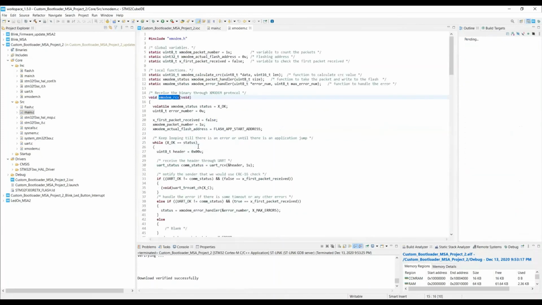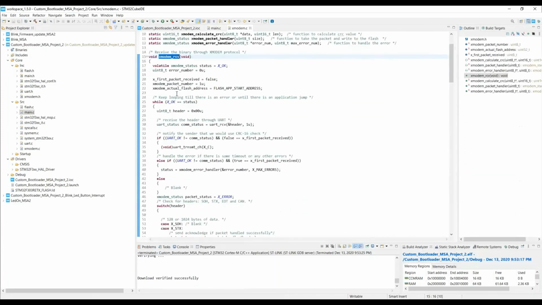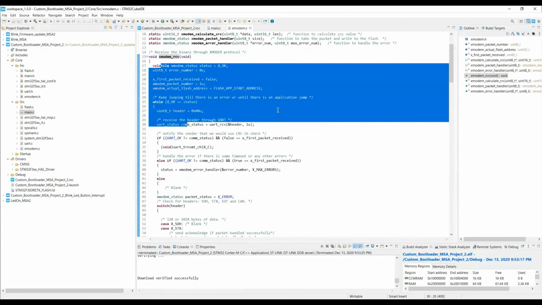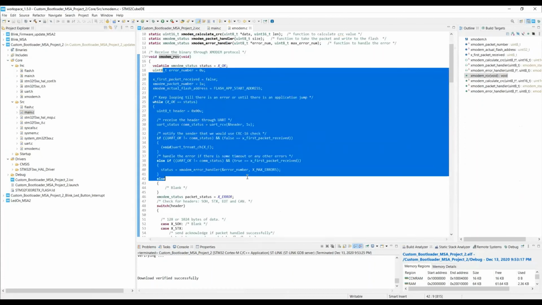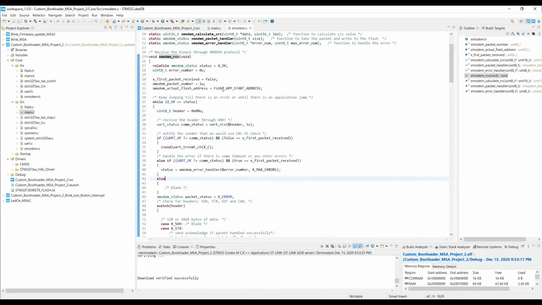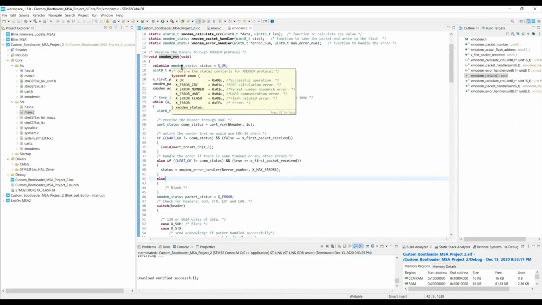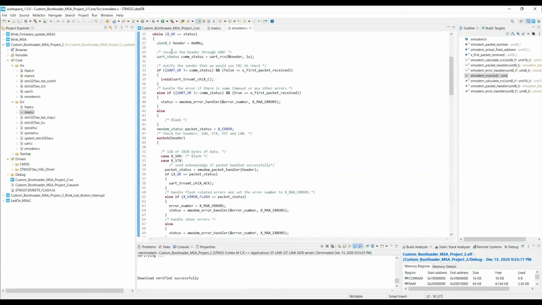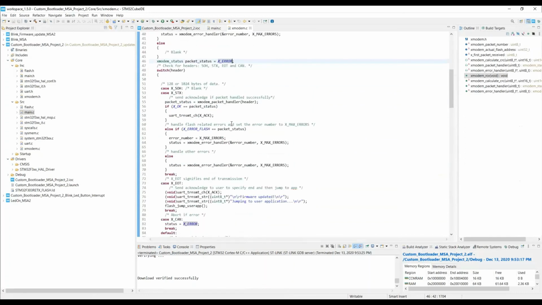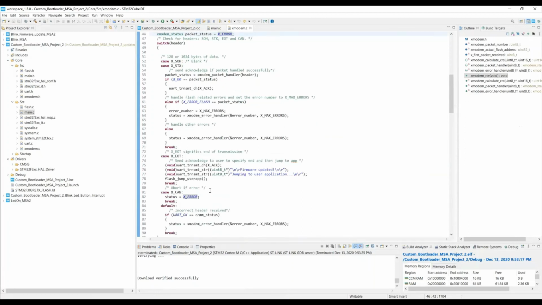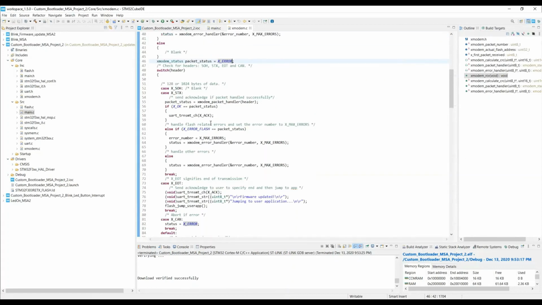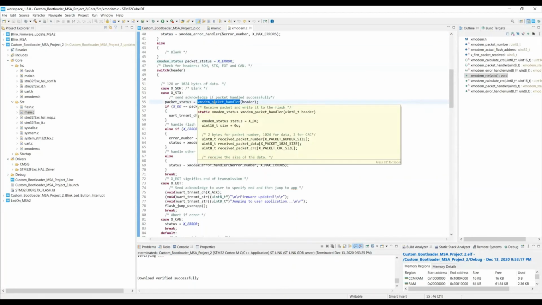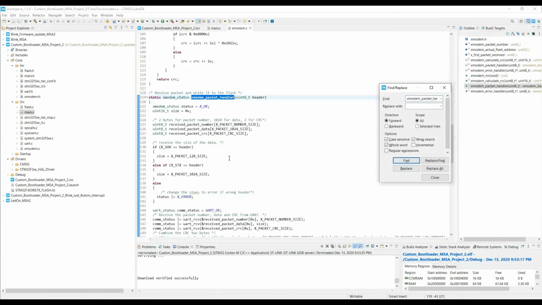Let's explore this API. Since this is the xmodem protocol, it's a standard protocol followed in asynchronous communication transfer. So it takes in all the packet data, it checks whether the header is received, and all that processing is done. Once it gets the data, it calls the xmodem packet handler in order to handle those data.